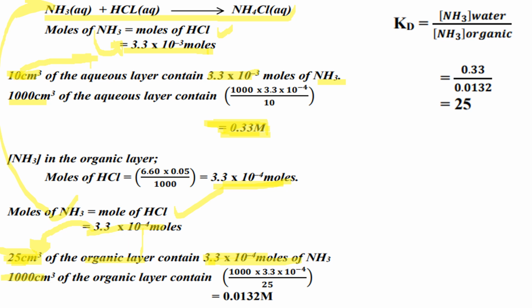So 1,000 centimeters cubed of the organic layer is going to contain 1,000 multiplied by those moles divided by 25. And then you also get the molar concentration of ammonia in organic layer. Now, how is partition coefficient got? So partition coefficient is got by molar concentration of ammonia. These are square brackets. Molar concentration of ammonia as dissolved in water divided by molar concentration of ammonia as dissolved